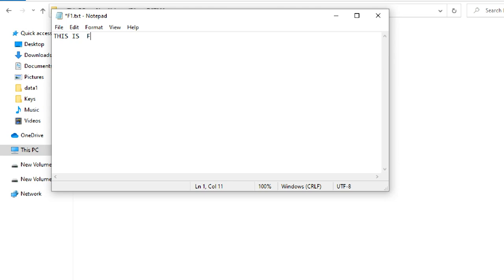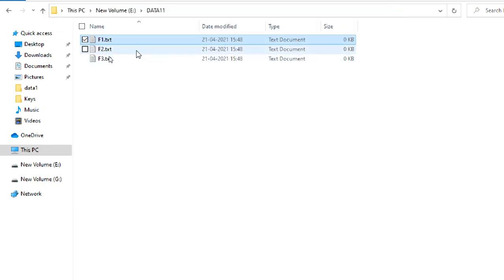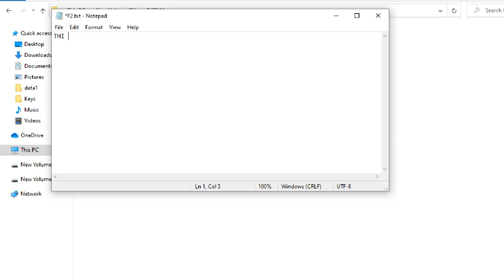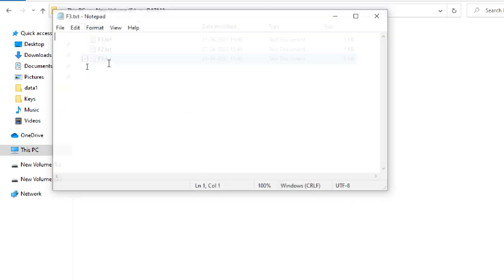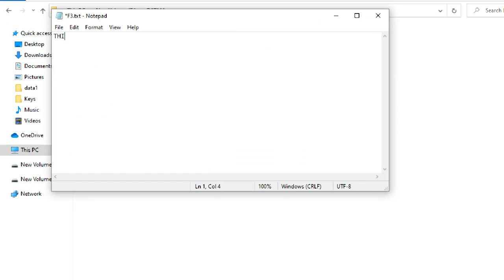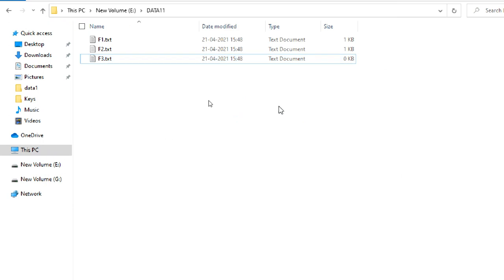This is the f1 file, this is the f2 file, and this is the f3 file. Now, what about the archive attribute?